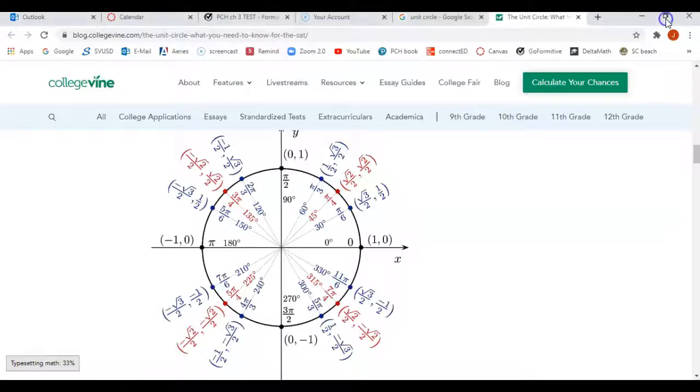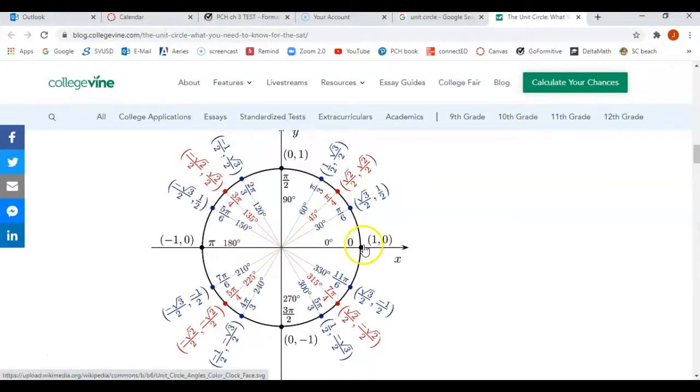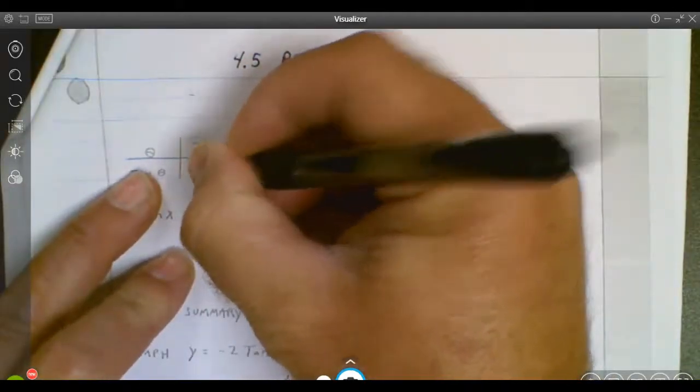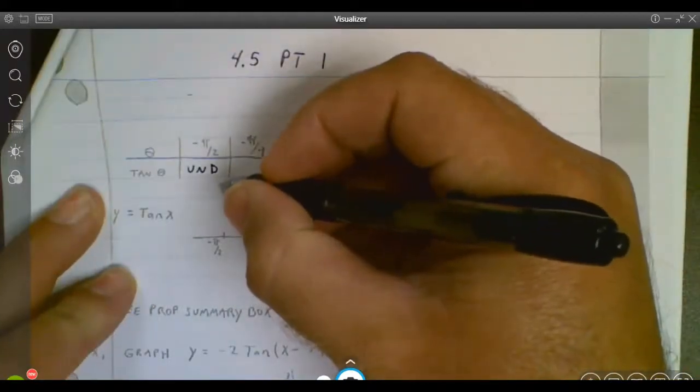So here's how this goes. Negative pi over 2, if this is positive pi over 2, then going this way would be negative pi over 2. So we're going to start here, and we're going to work our way to this guy. If I started at negative pi over 2, remember tangent is sine over cosine. So at negative pi halves, I am at negative 1 over 0. What do we know about negative 1 over 0? Anything over 0 is undefined. So at negative pi over 2, it is undefined, and that's where we are going to get our first asymptote